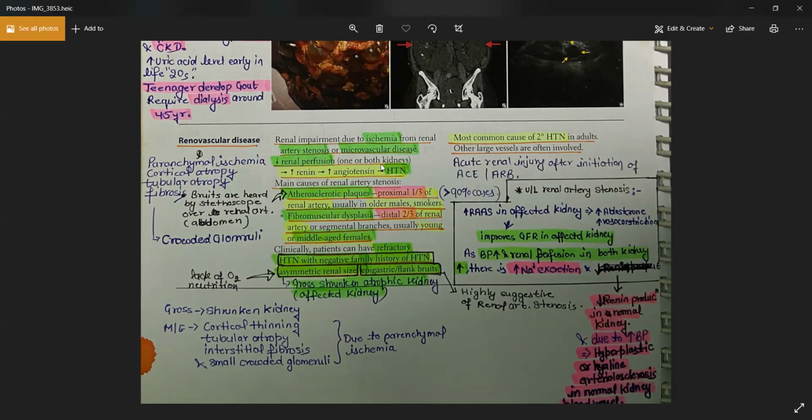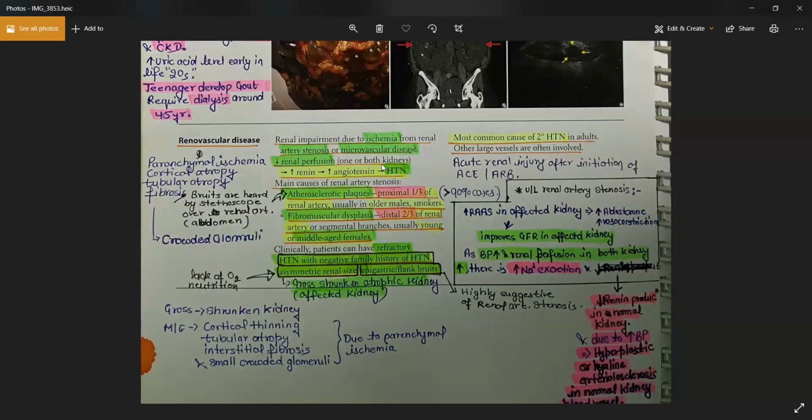If it is bilateral, then you'll be having the same findings in both kidneys. Both kidneys will have similar findings. Atrophy will be there, fibrosis will be there, RAS will be there from both the kidneys. But if this condition is unilateral, then on one side you're having a hypoperfusion, and that causes the atrophy and fibrosis of the affected kidney. RAS will be released from the affected kidney, causing a hypertension that increases the blood flow in the normal kidney.